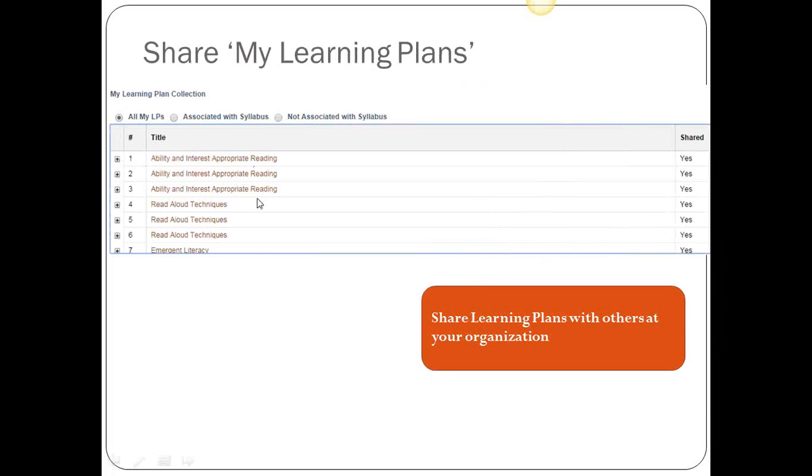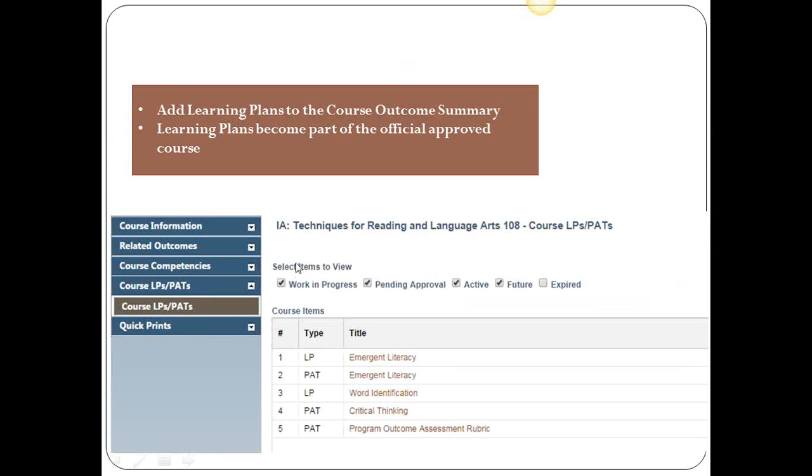I've mentioned that you can share learning plans and assessment tasks, meaning that other faculty or people who want to see it can access it within their organization. You can also, once a learning plan has been approved or looked at, you might have been paid to write it or develop it as a faculty member, and you want to make it part of the official approved course, you can actually consider it a course learning plan or